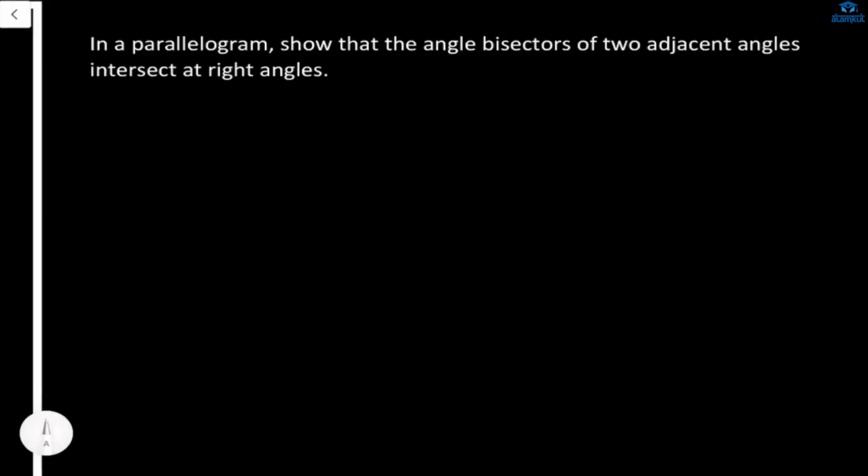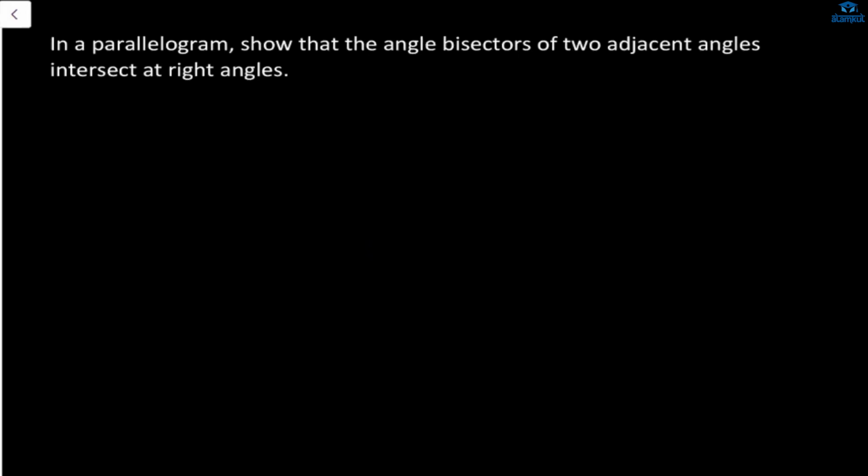Okay, Razi and Shazan, how are we going to solve this question? In a parallelogram, show that the angle bisectors of two adjacent angles intersect at a right angle. Now, first of all, you have to draw the diagram. So first of all, let's draw a parallelogram. Show that the angle bisectors of two adjacent angles